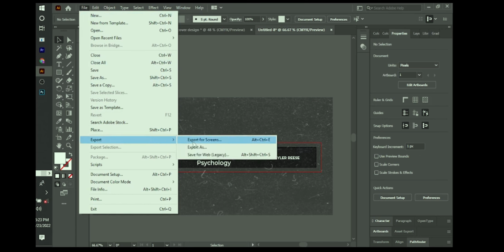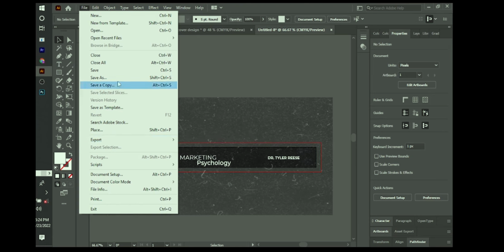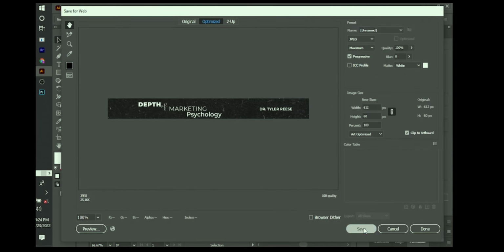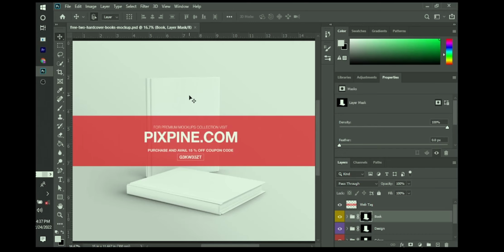Say we're gonna export. So guys, if you are using an older version of Illustrator, you are probably going to see this Save for Web on this menu here. If you are using, like me, the 2021 version, you come to your export and Save for Web Legacy. So save,